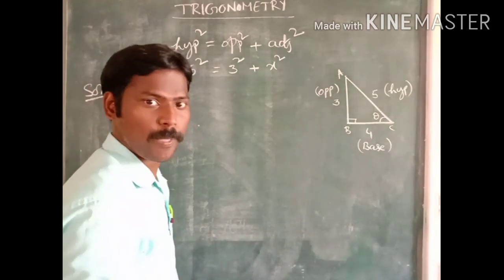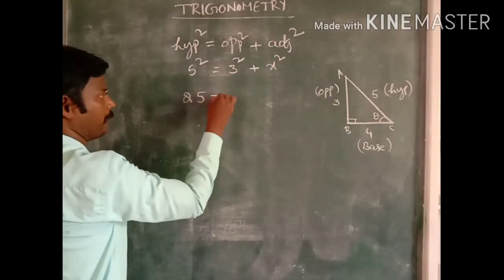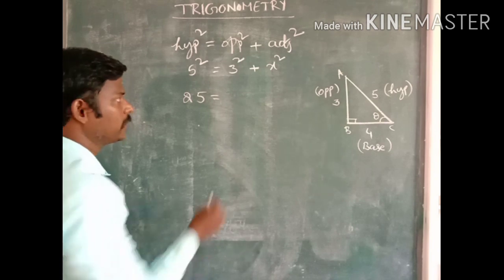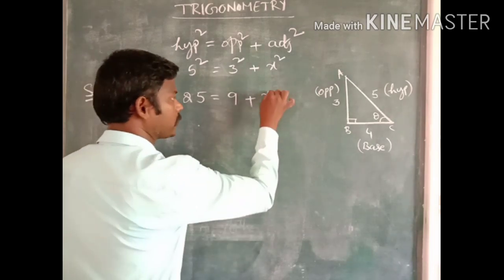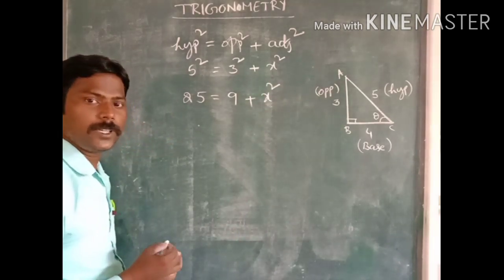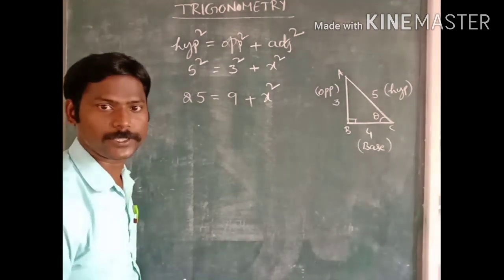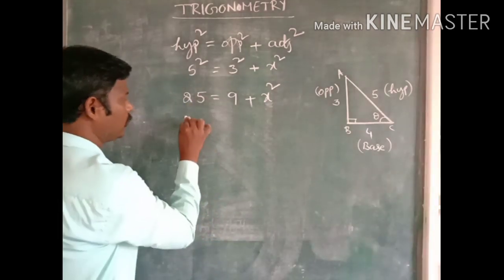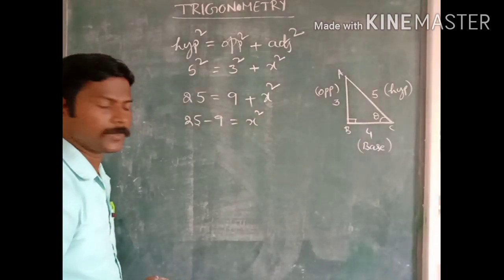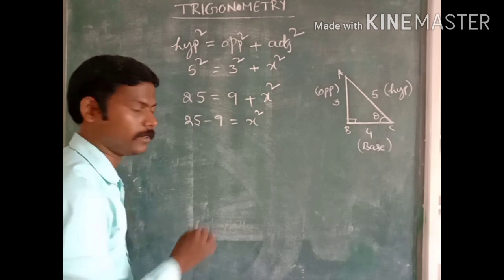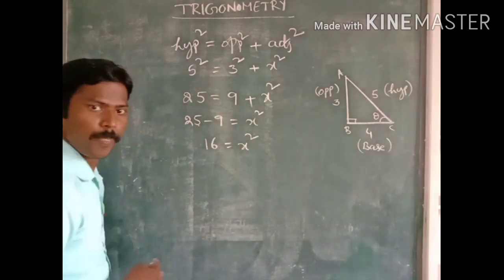Okay. Now we will simplify the values. Are you following me, children? Okay. Now 5 5s are how much? Very good, 25. 3 3s are how much? 9. Excellent. What is the other quantity left? X square. In the previous classes, we already learned about the transposition method. Now transpose the values. Class 9, take this side, children. 25 minus 9 is equal to x square. Now 25 minus 9, how much, children? 16. Very good. Is equal to x square.